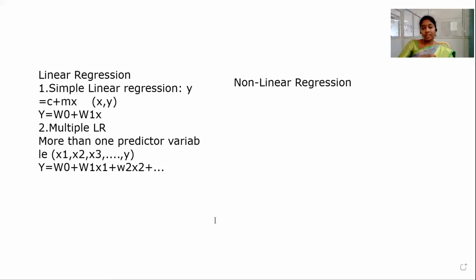That means if the x increases, y also increases. That means x decreases, y also decreases. Like that, we assume that there exists a linear relationship between the elements. Whereas in non-linear regression, in the real world, data generally shouldn't be linear. There may not always exist a linear relationship among the data elements in real world data.